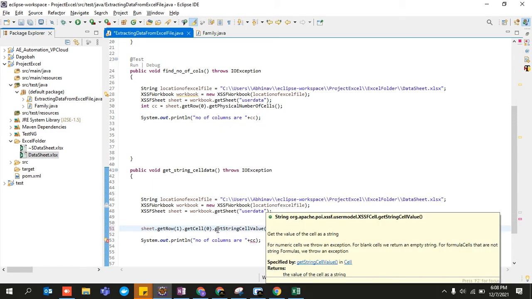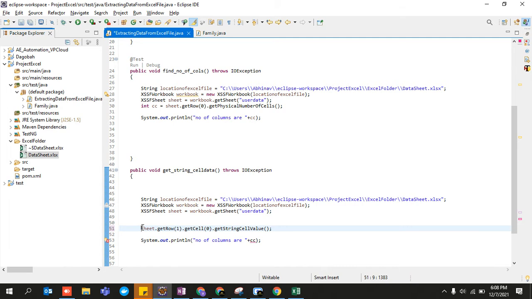So the getStringCellValue return type is String, so you need to store it in a particular String. Let's say cellData, that is it, cellData, and this is not number of rows, data is, and just print it over there, cellData.